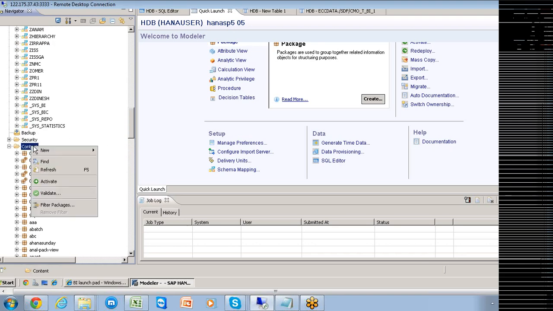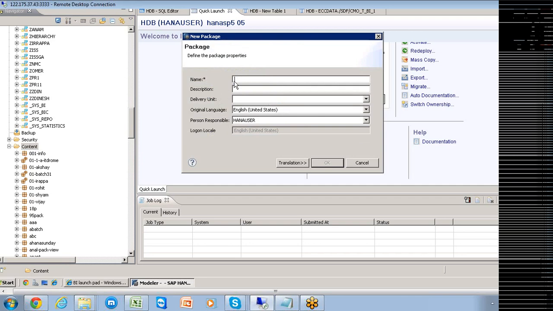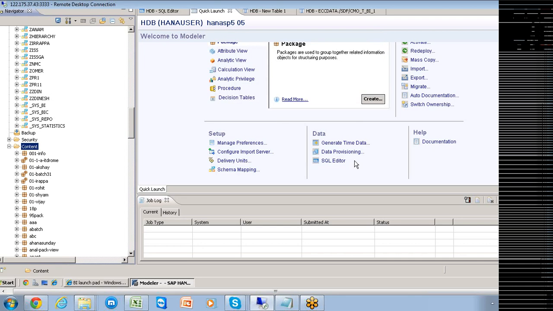Even when I try to create a package, name is the only thing that is mandatory, and other things are optional at this point of time. But my question is, after the fact, can we add it into the delivery unit? We can do that.